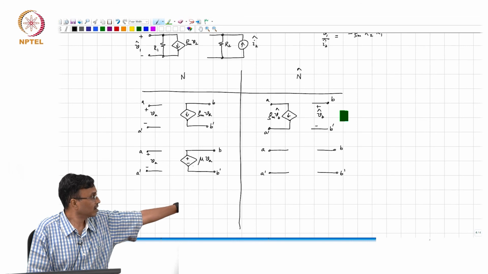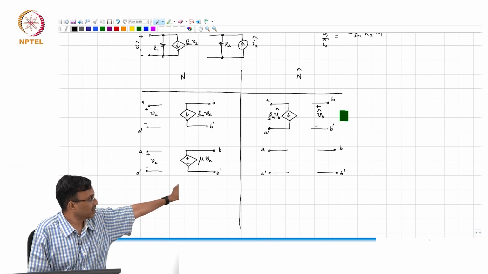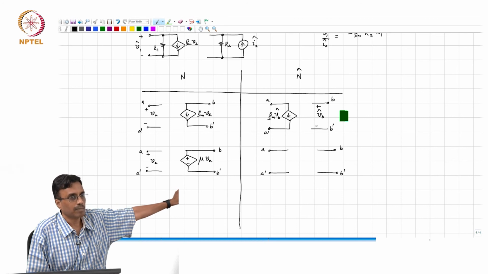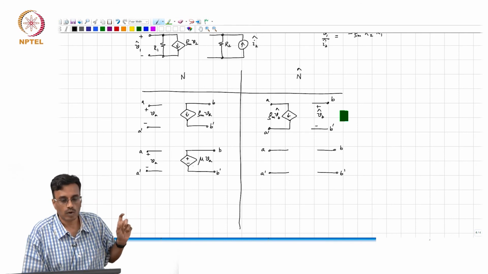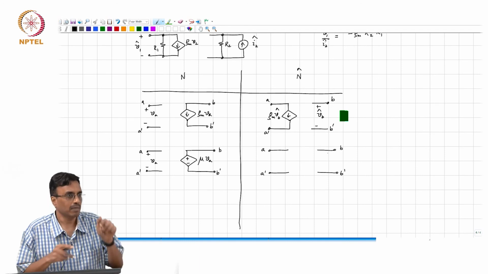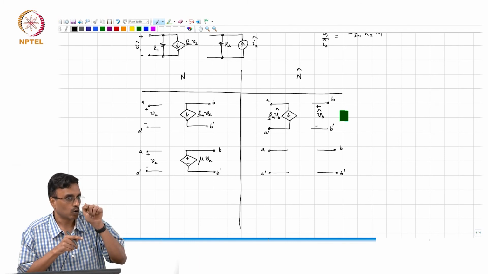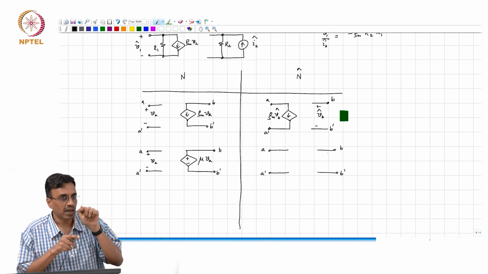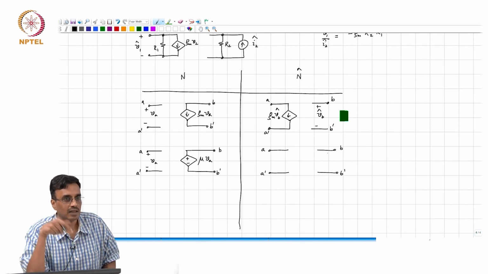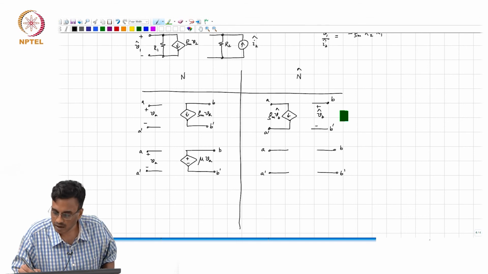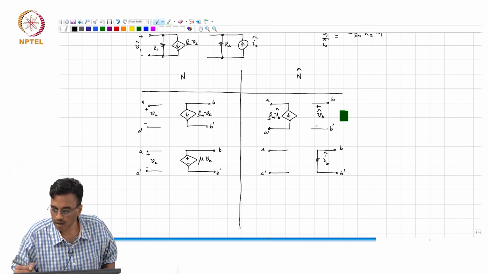On the left hand side, when mu is set to 0, is the port impedance between A and A prime infinite? What about between B and B prime? It is 0, right? So B and B prime is a controlling port whose impedance is 0, correct? So what kind of controlling port must it be? It must be sensing a current, right? So this is IB hat.